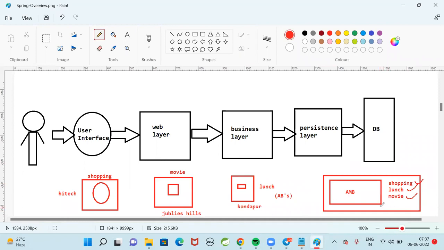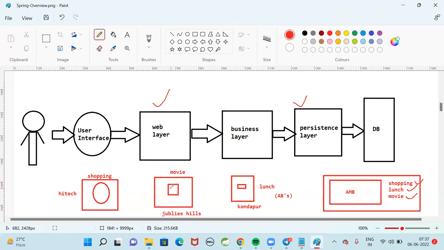Similarly, in order to develop applications, one framework is available for web layer development and one framework is available for persistence layer development. Instead of taking the two frameworks separately and integrating them in the project development, why can't we take a single project which will provide everything for the project development? That's where the Spring framework came into the market.